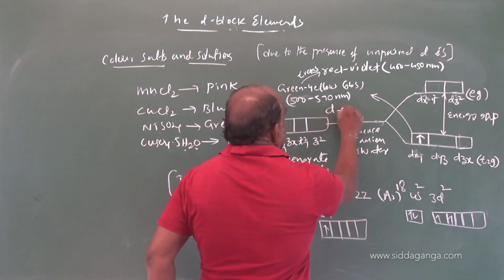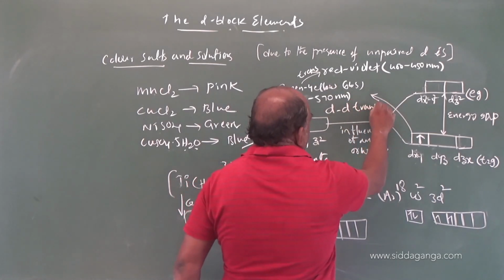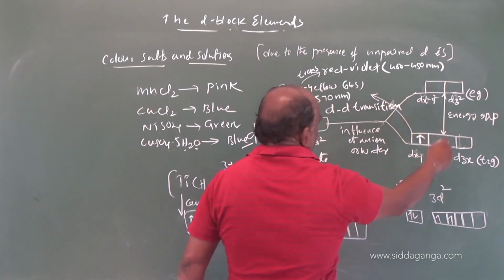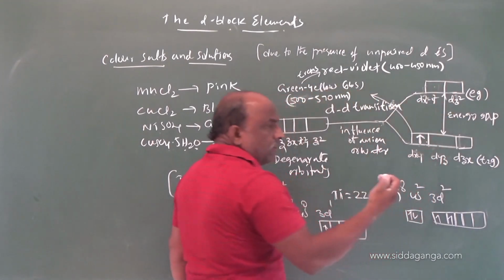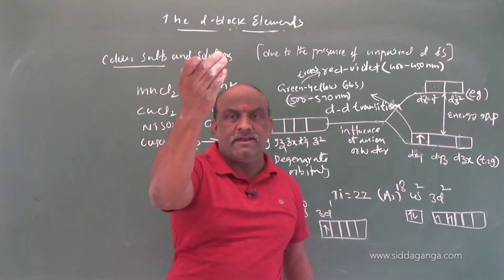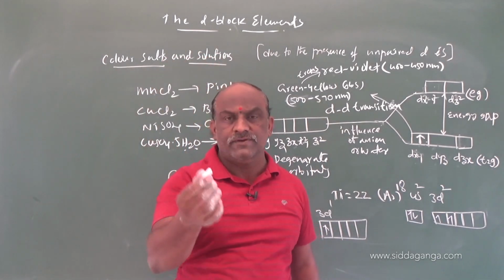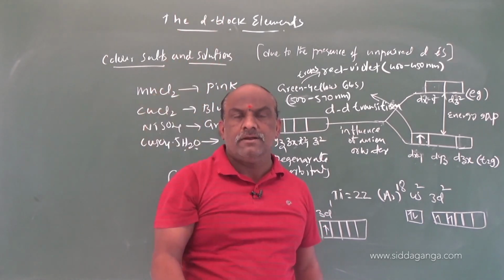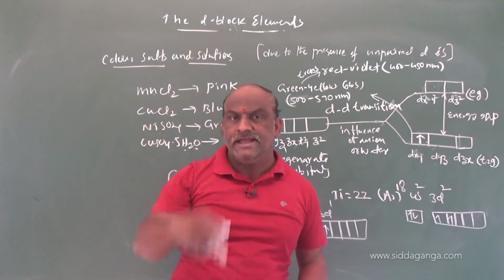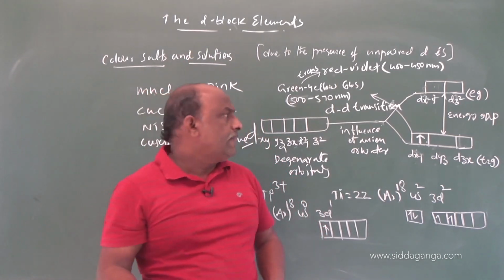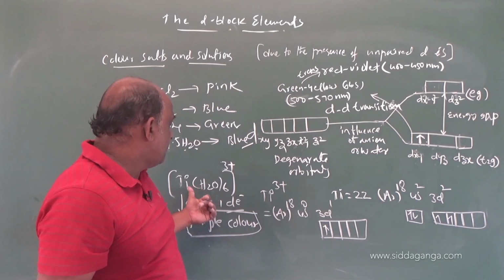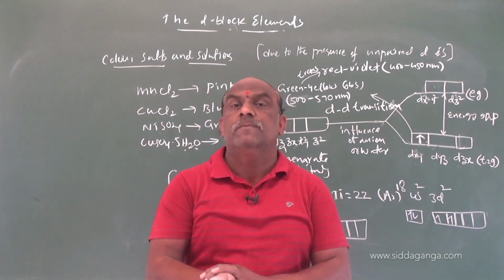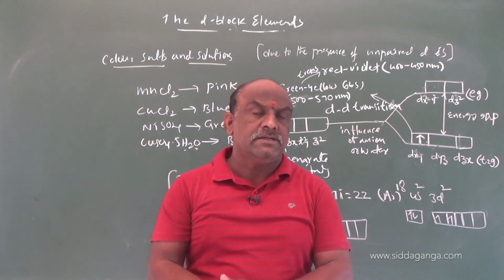Due to the dd transition, from lower energy level to higher energy level, and higher energy level to lower energy level. Suppose you give some additional energy to this charge, it will go to the excited state. After excitation, it will come back to the ground state. Excitation, de-excitation, like that only. So here there is only one electron in titanium 3 plus. The color of titanium 3 plus is purple.